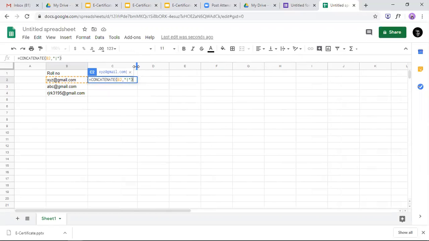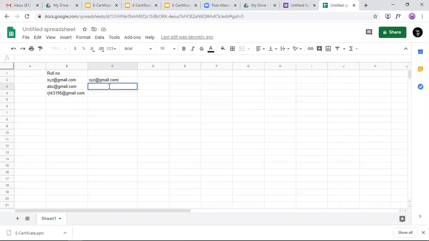Then we have to close this bracket. If you have like 100 participants, the or symbol is just below the backspace key.